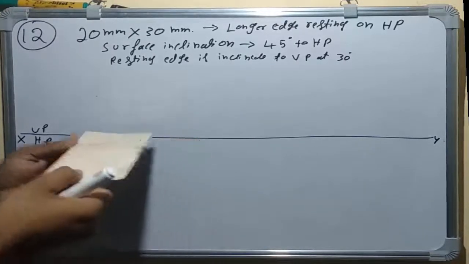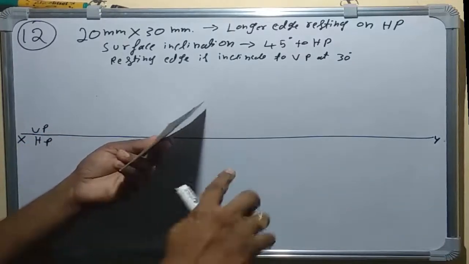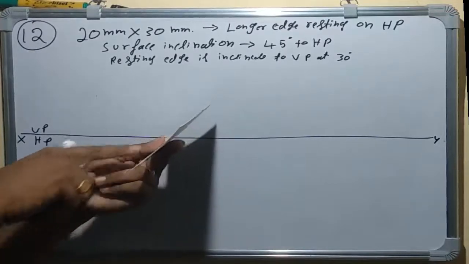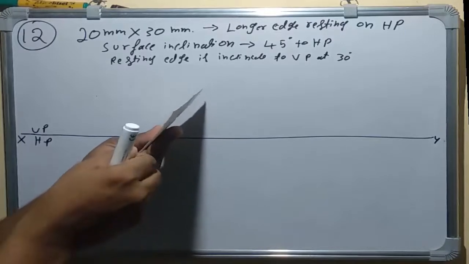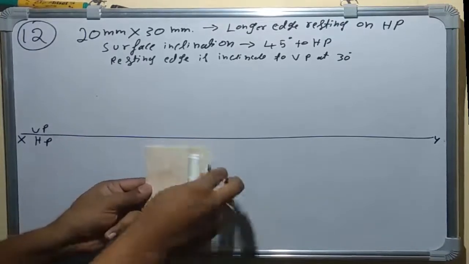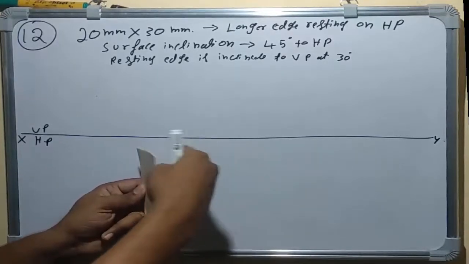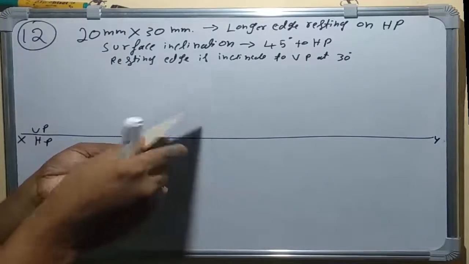So the entire lamina, what happens? This straight line we make at 45 degree inclination like this. We need to tilt this line by maintaining the resting edge on the XY line, and we have to maintain 45 degrees. The top view will look like this. The longer edge will remain the same, and this 20 will reduce because we are inclining like this, so it will have a shorter length. Okay, the second step is finished.